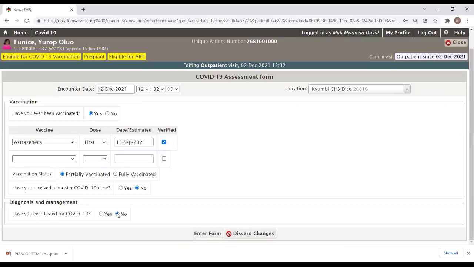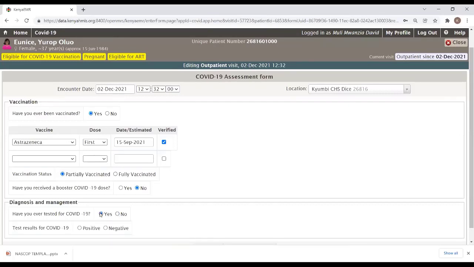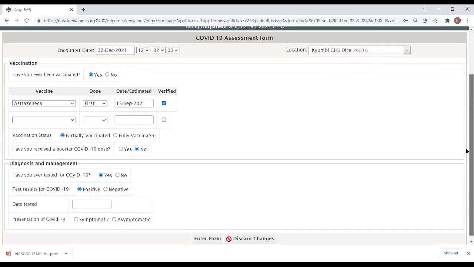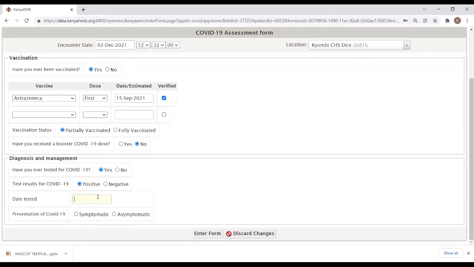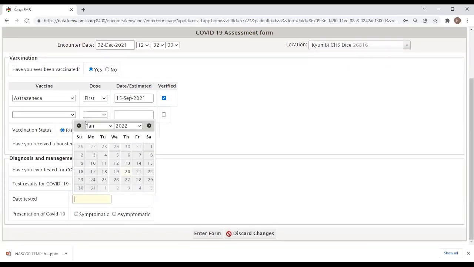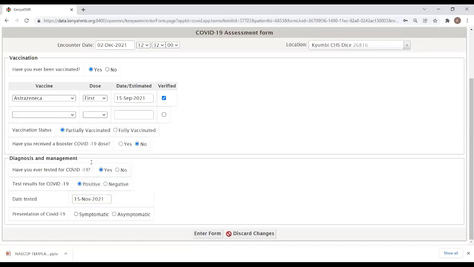Then, moving to diagnosis and management, we ask whether the client has ever been tested for COVID-19. If it is a no, then the form will end at that point. But for those who have been tested, we proceed and check the test results for this client. If negative, again, it ends there. But for a client who tested positive for COVID, we proceed and provide the date. So maybe we can assume they were positive on 15th of November,